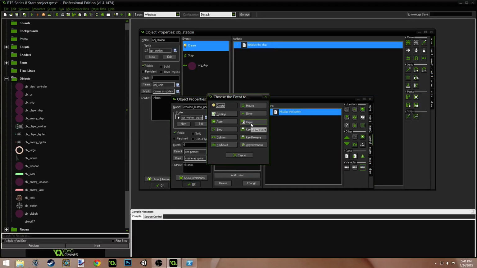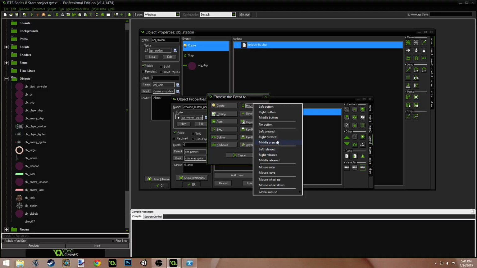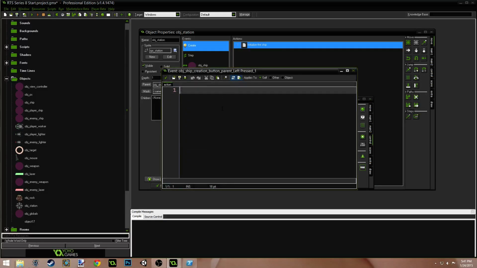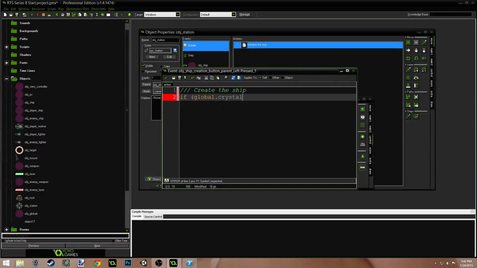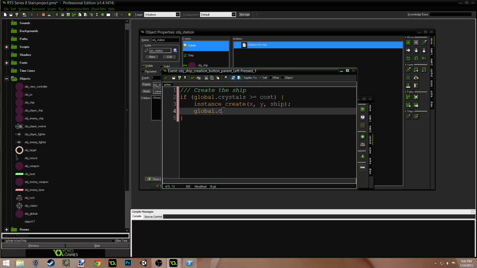So add event, mouse, left pressed. Create the ship. If global.crystals is greater than or equal to the cost. So basically, if we have enough money to create this ship, we're going to create an instance, create xy ship. Global.crystals minus equals cost. So once we make sure that we have enough money, and then we actually spend that money